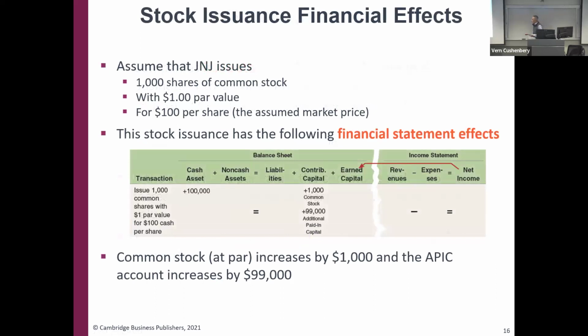And it's gonna show up on our balance sheet like this. In this instance, J&J issues 1,000 shares of common stock with a $1 par value for $100 per share. So we're gonna credit common stock for $1,000 and we're gonna credit additional paid in capital for $99,000, and those two add up to the $100,000 that we received in cash. Cash becomes the debit entry to balance that transaction. And they record to our balance sheet and income statement, just as our authors have noted there.